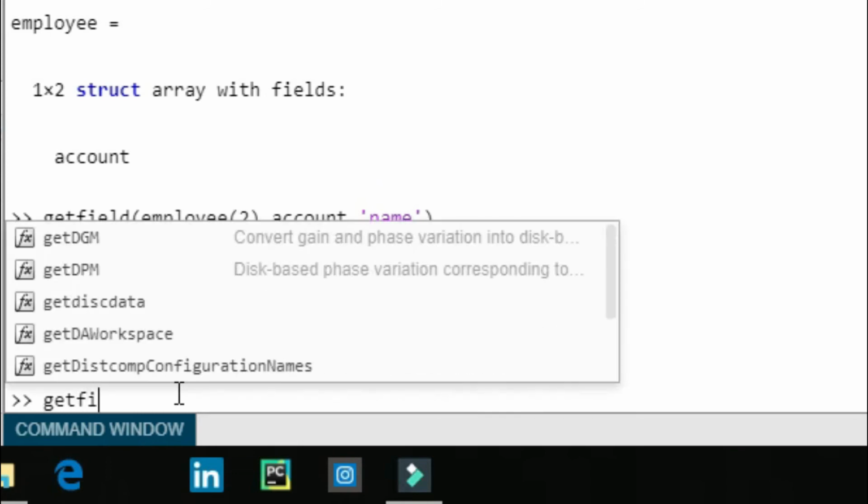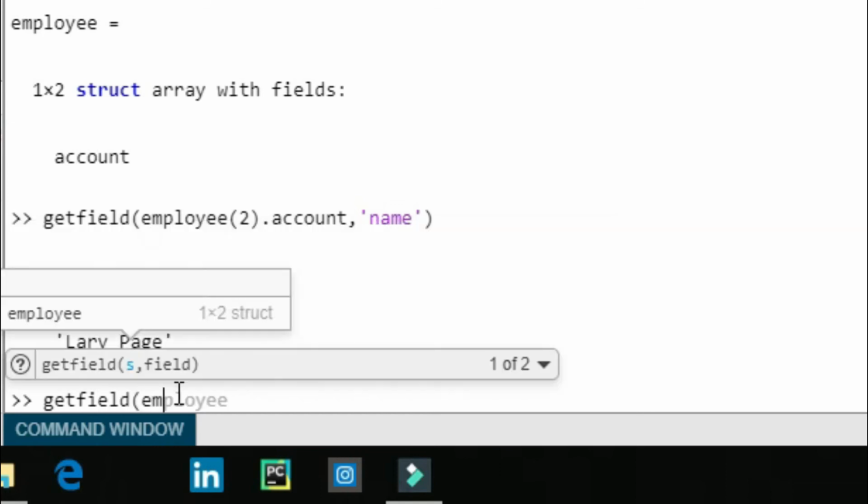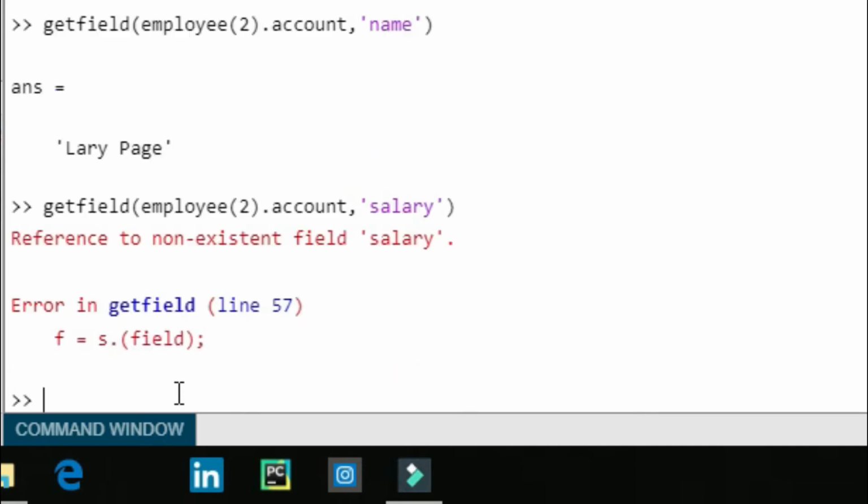Now let's try getfield(employee(2).account, 'salary'). We have not given a salary for Larry Page, because of that this gives an error.